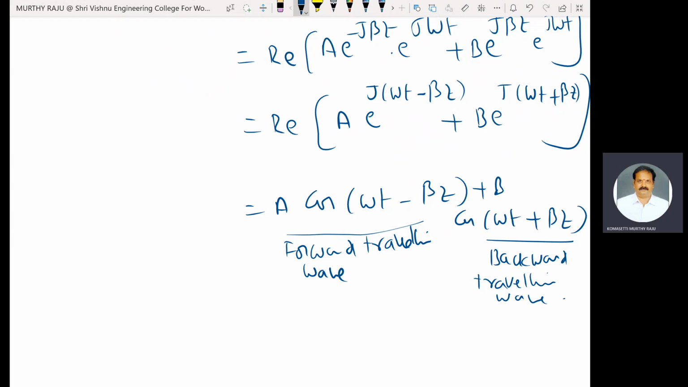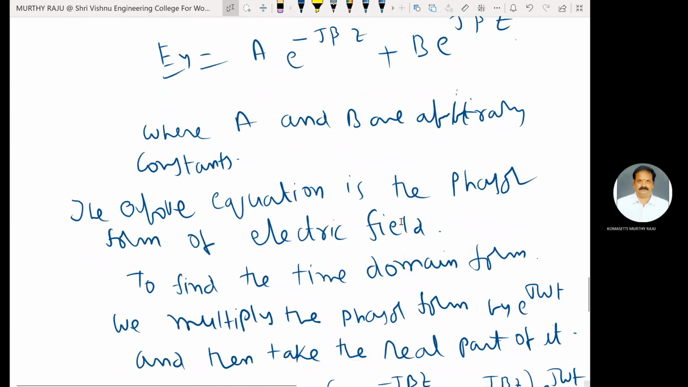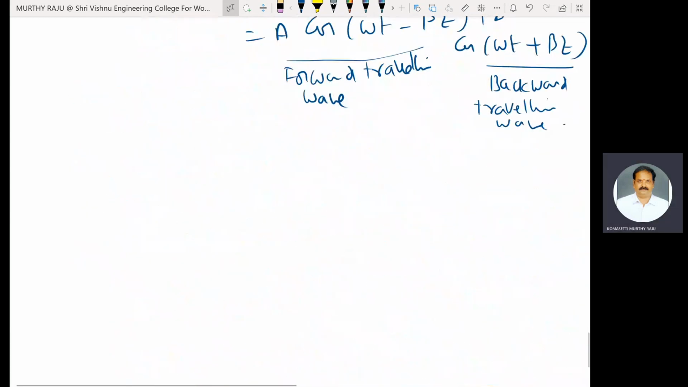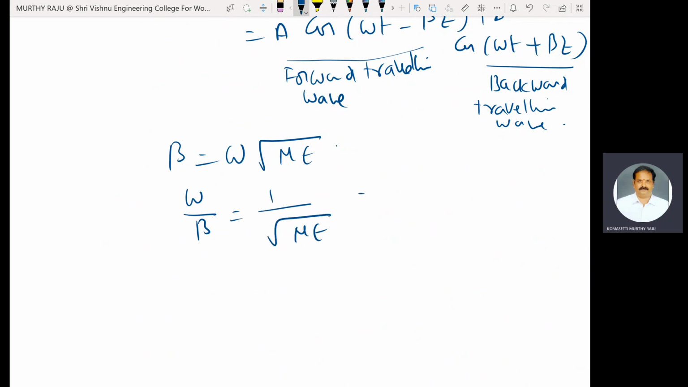We know that beta is equal to omega into square root of mu epsilon. Omega by beta is equal to 1 by square root of mu epsilon, that is equal to c. C is equal to omega by beta. The wave velocity